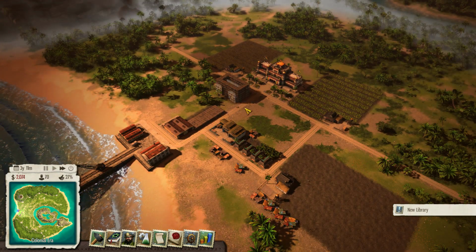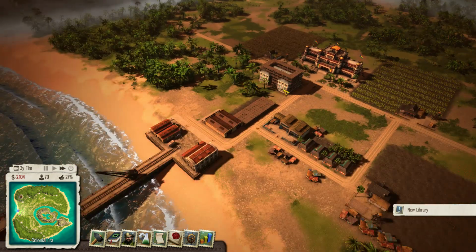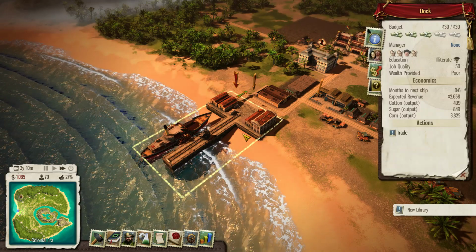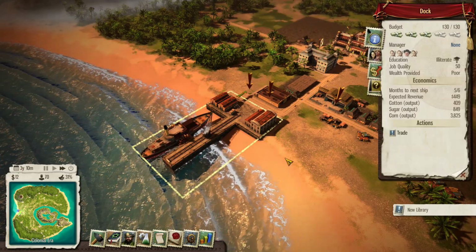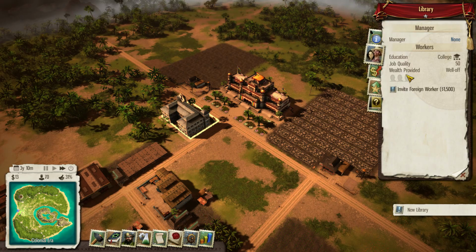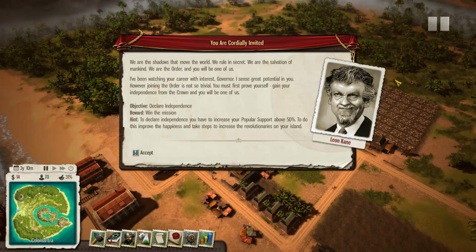Ooh, we are really losing a lot of money very, very quickly. It's just going to get worse once the library gets going, but hopefully we can trade a little bit of goods and make ourselves some cash. We got a little bit of stuff to export there. We should also get a little bit of foreign aid, basically, from the Crown. Now, it doesn't look like we have...